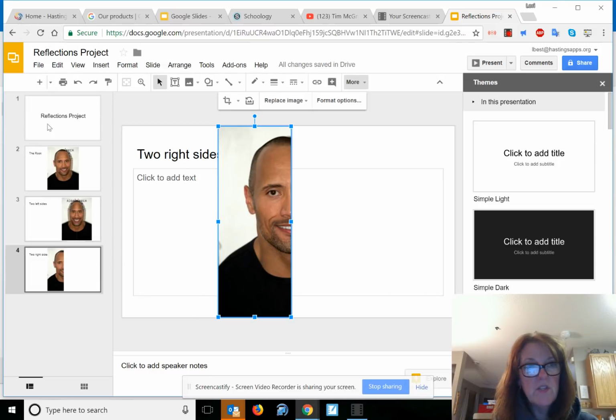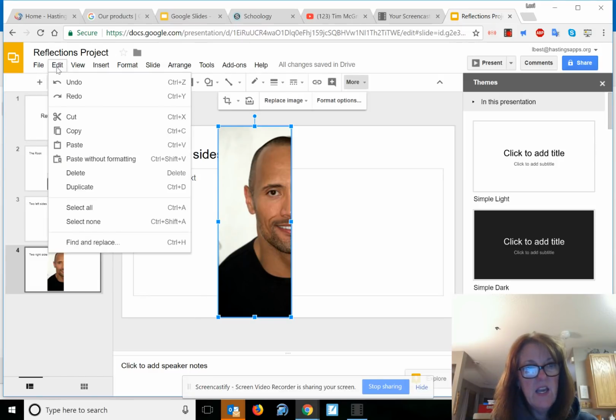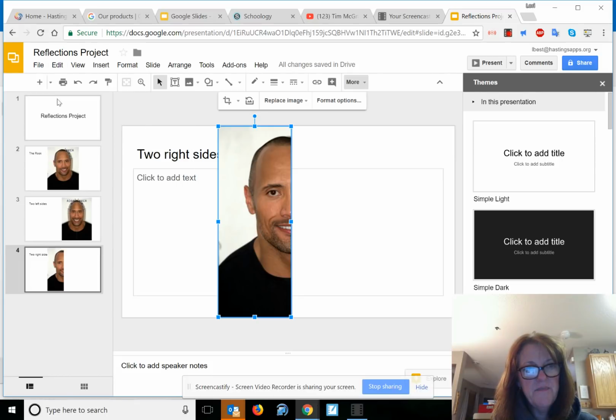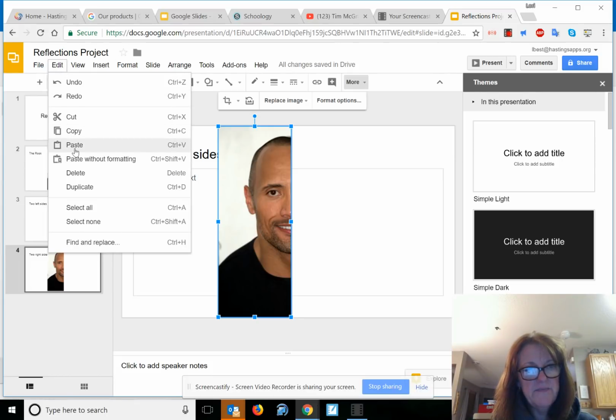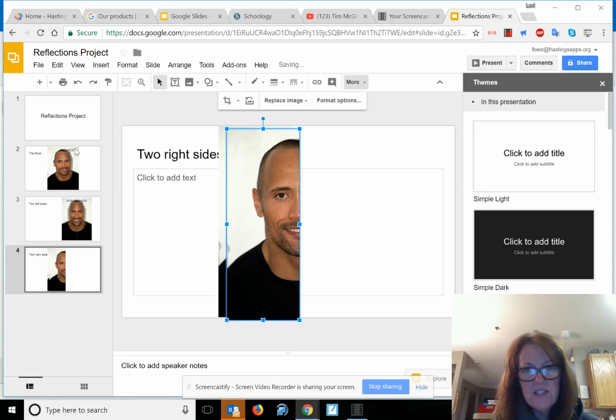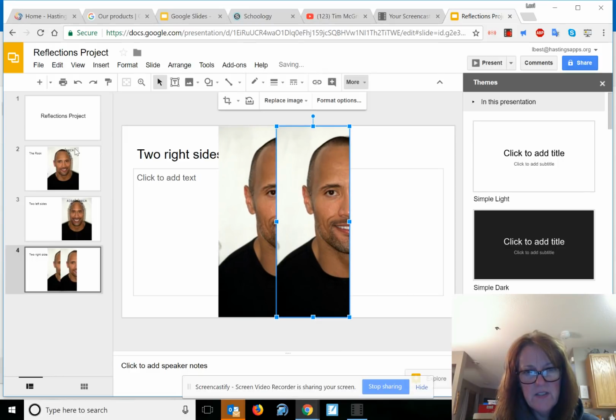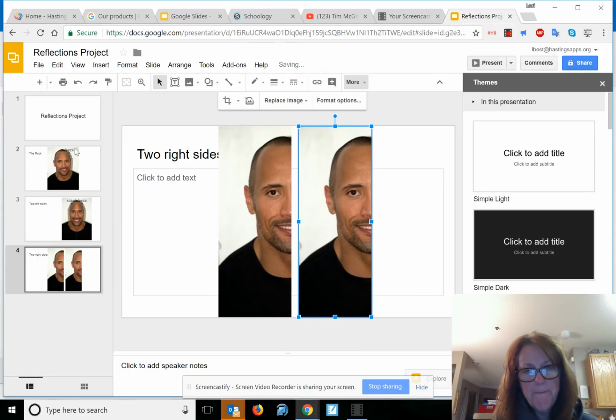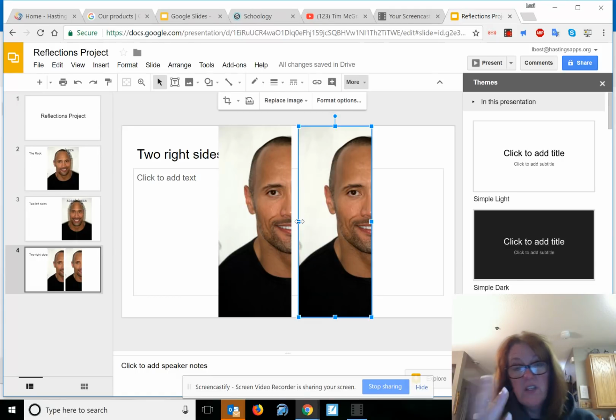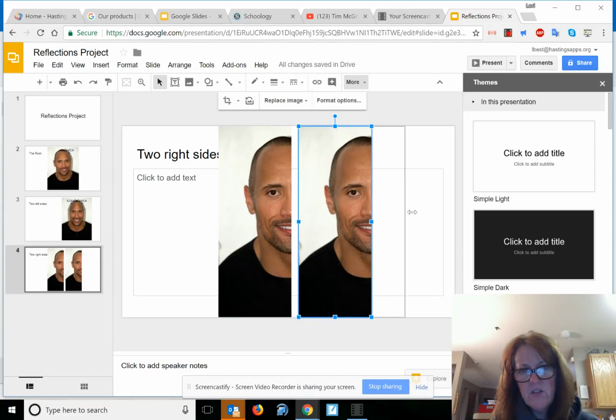Now what we're going to do is take this side, copy it and paste it. Slide it on over here, come up a little bit. All right, now we're going to take this thing and flip it. I want to flip it horizontally around the middle of his face. So I'm going to get my cursor right here so I see that arrow and just drag it across